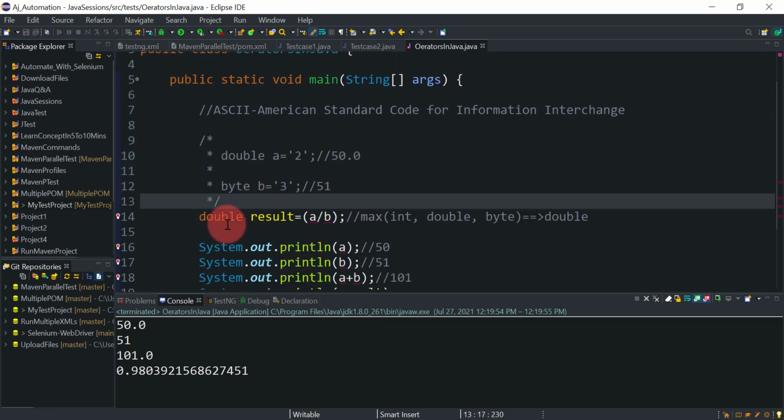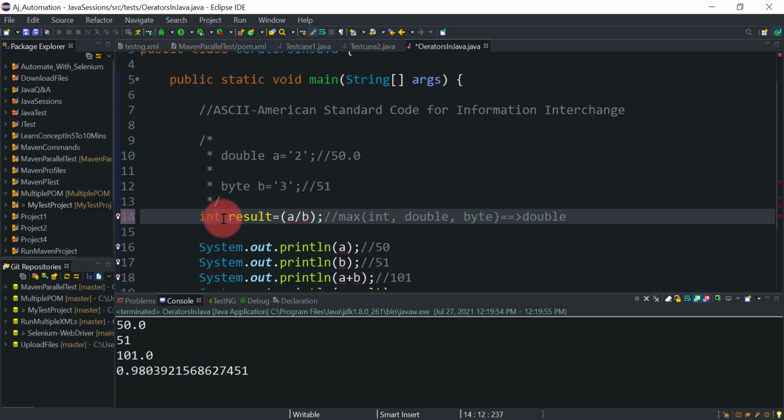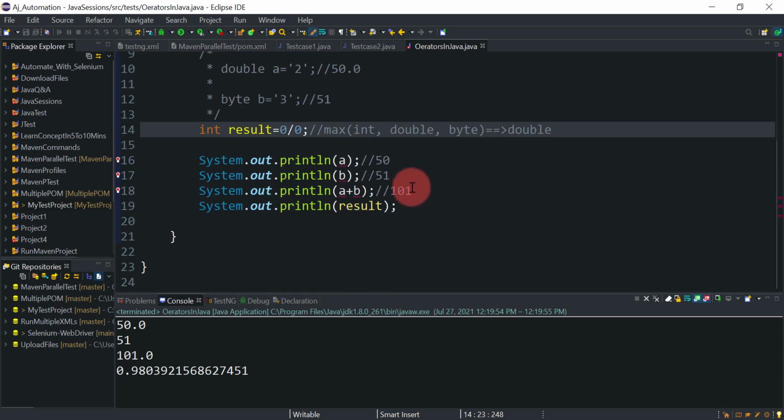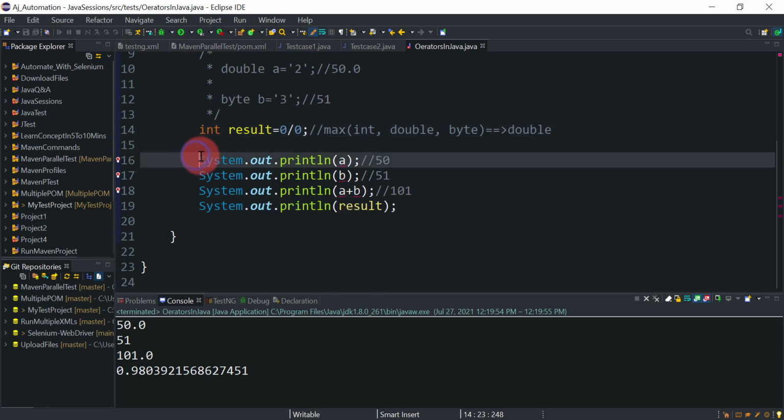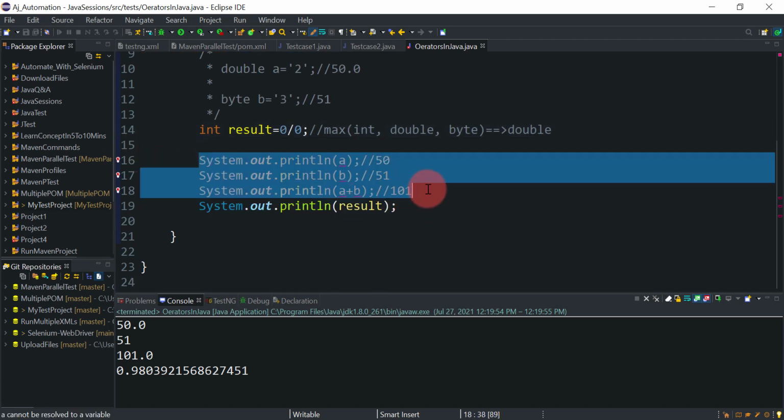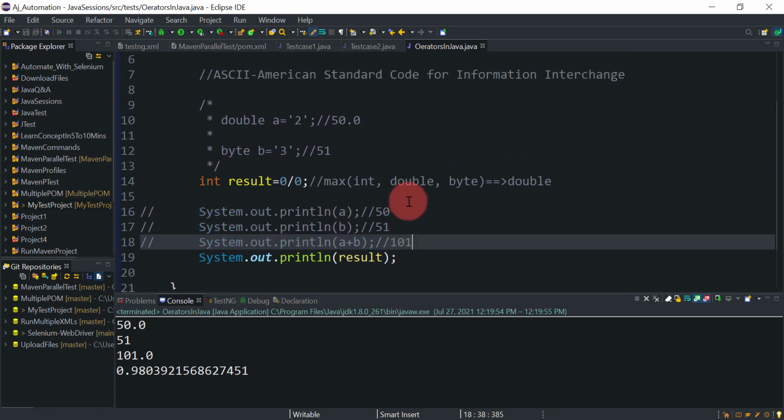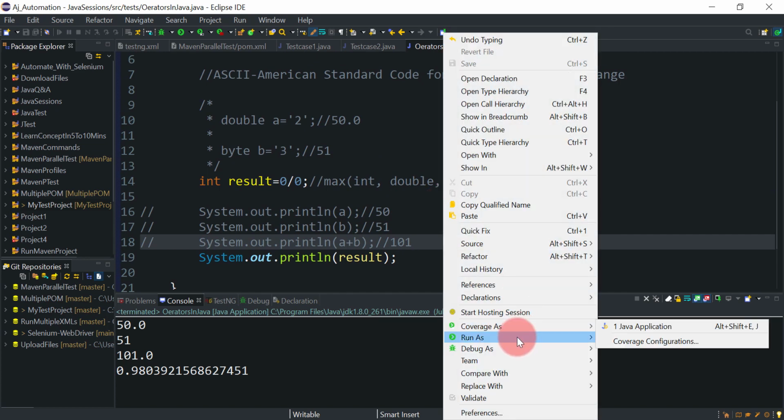So what I'm doing is I have, let's say, an integer result, and I am doing, let's say, 0 divided by 0. Okay, so what value will you get if I run this?